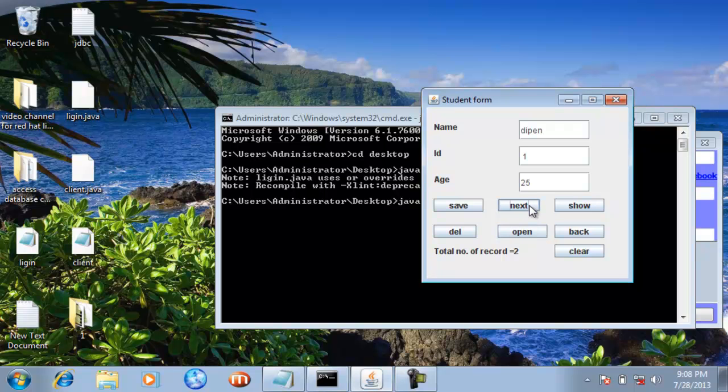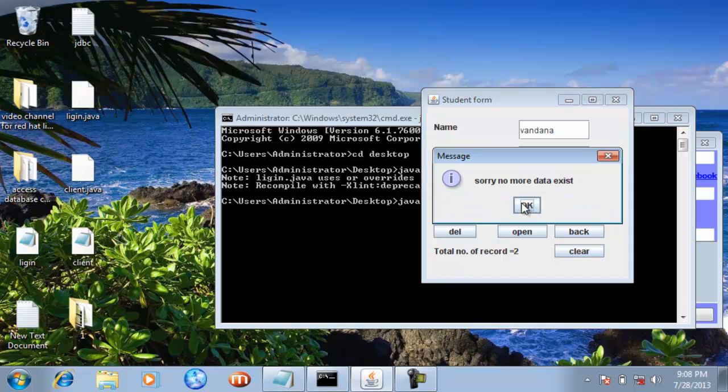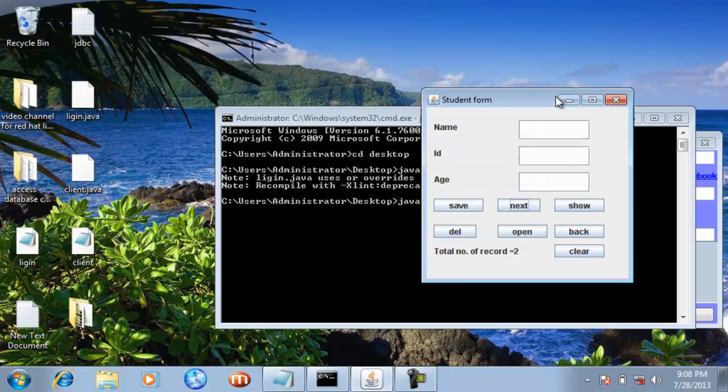If you click next, then your first record is displayed here. If you click next again, then the second record is displayed, and we know that at the existing moment the total number of records is 2. If we click next again, then a message appears, "sorry, no more data exists", and when you click OK, all the text disappears.